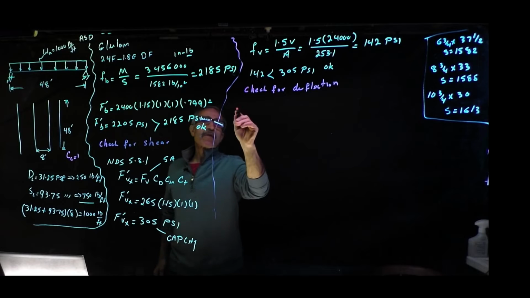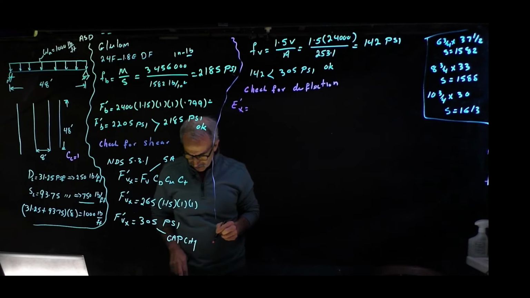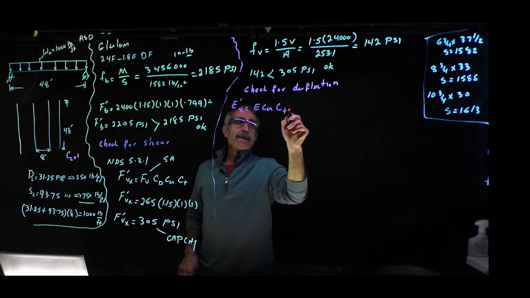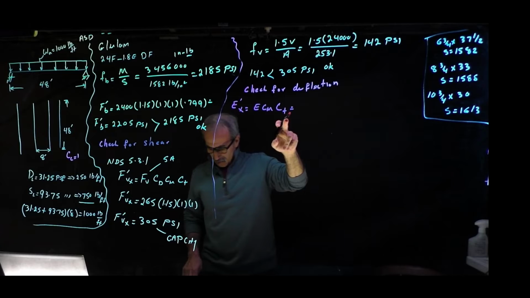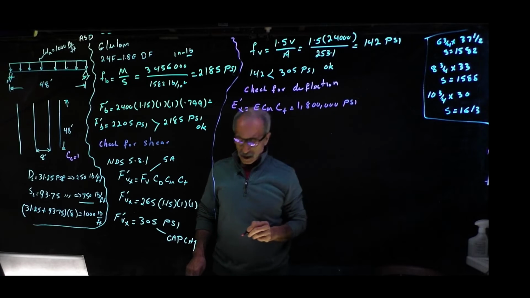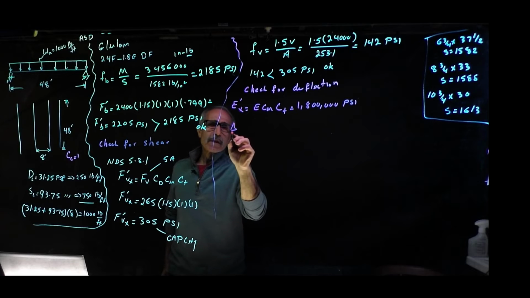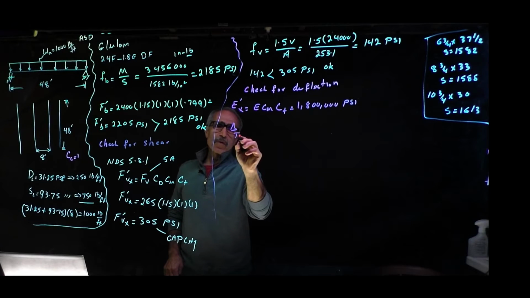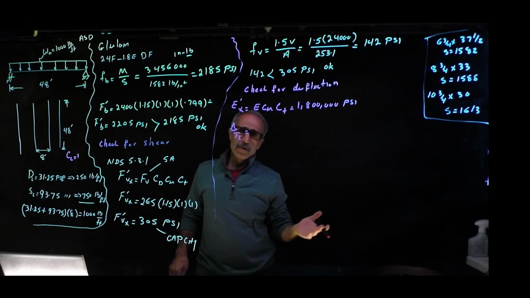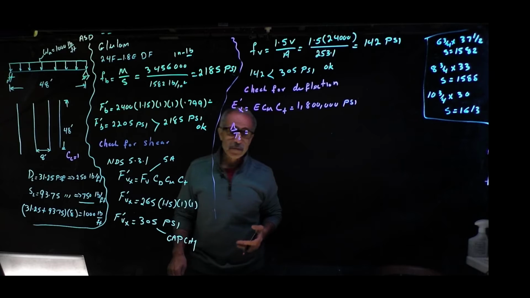Before we check for deflection, we're going to find the modulus of elasticity, E prime X. From the same table 5.31, that's equal to E times CM, CT, which is basically 1, and therefore equals 1,800,000 psi. And if you go to the beam formula, deflection is for total load. If you had live load, which you don't have here, you could do live load deflection, then dead load deflection or total load deflection. In this case, we're going to do snow load deflection to make sure we meet